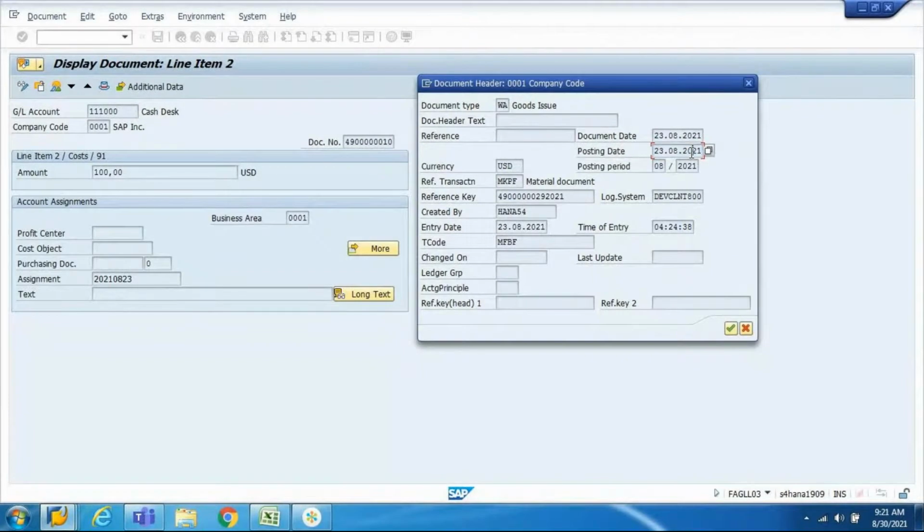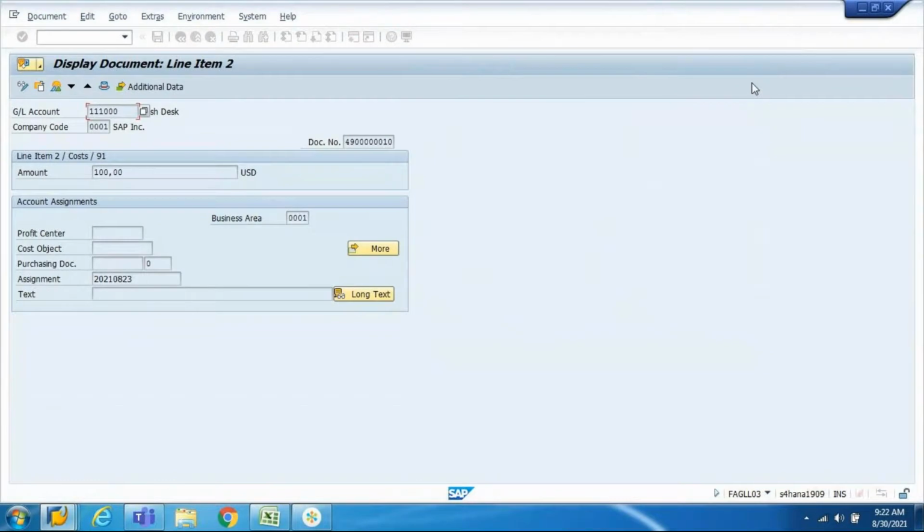So 2021 is here, correct? Month is here, 08, and your date is here, 23. Yes. So whatever the assignment field that is getting filled up here is coming from this particular GL account, from the master data sort key. Whatever you input there, if that value is found on the transaction, it will be updated here. If the system cannot find such a thing on the document, it will leave it blank.